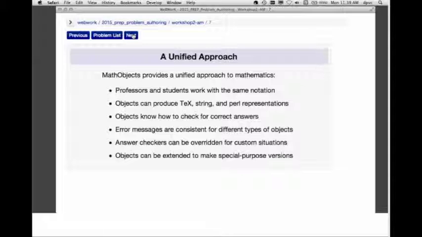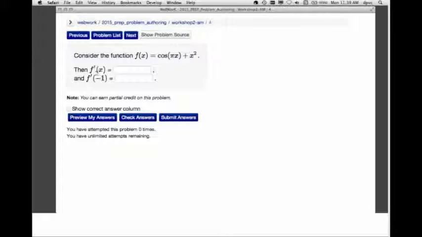This one about error messages, this is the thing that I really was after when I wrote this, which was that error messages need to be consistent for the various types of answers that you can get. So, for example, in the problem we looked at, we had a formula where asked for its derivative and its derivative at a particular point. We'll go back to this in a second. So formula and a formula at a point. This formula is supposed to be something that involves x's, but this number is supposed to